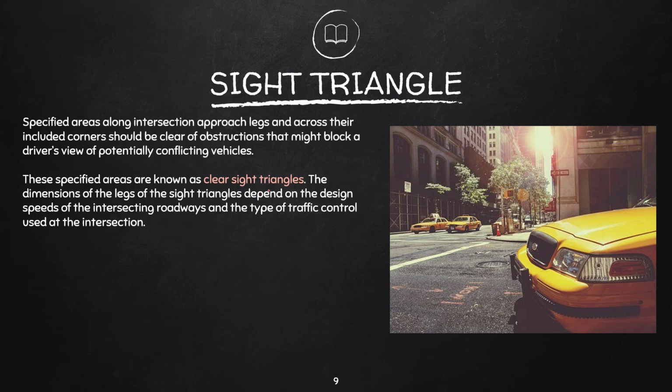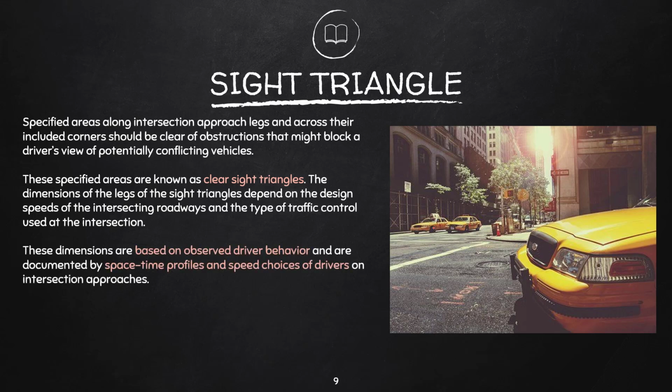considered, especially in intersections wherein no traffic control devices are provided, because in that case, the driver behavior or the decision or the judgment of the driver will be the determining factor on whether he will meet an accident or not. These dimensions are based on observed driver behavior and are documented by space-time profiles and speed choices of drivers on intersection approaches. So, as I have mentioned, these are based on driver behavior and they documented it on space-time